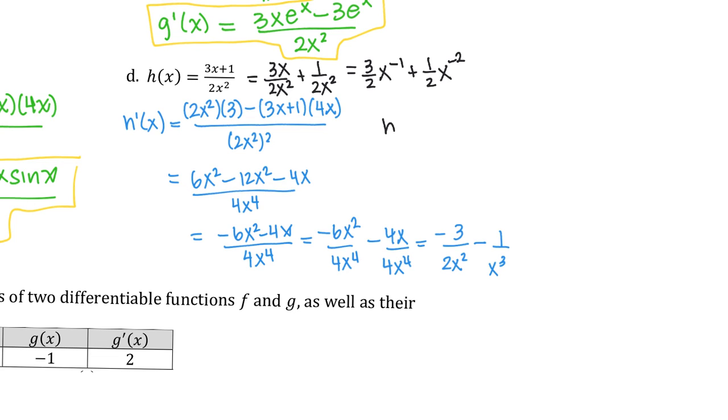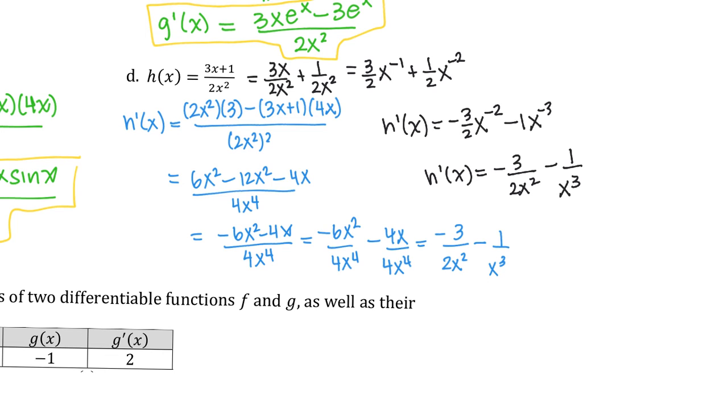2. And then if I use the power rule, let's see, times negative 1, lower it. Times negative 2 is going to make it negative 1. And then I lower a degree. And I'm going to get negative 3 over 2x squared minus 1 over x to the 3rd, which is the same answer, but I think it would have been a lot less work to use the power rule rather than using the quotient rule. But as you can see, it's the same answer,